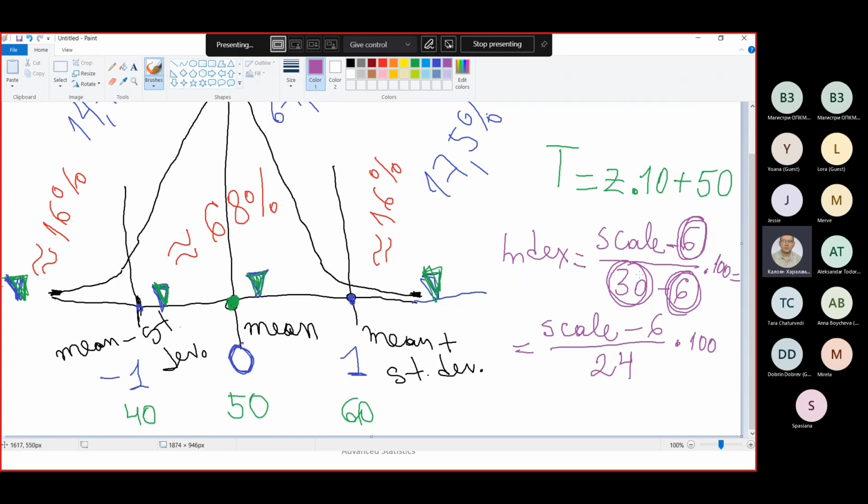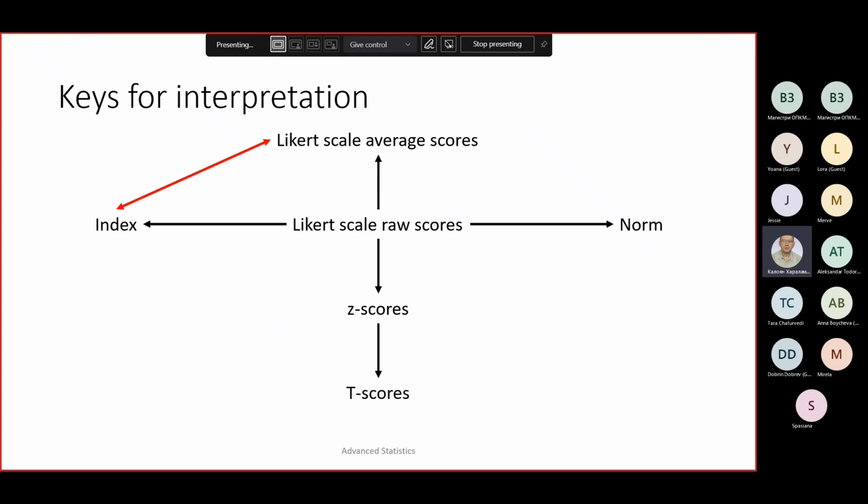That means that we can use these ways. We can use average scores or index for the comparative analysis between different groups. For example, if we use the same questionnaire in Bulgaria or in Germany, for example, we can compare Bulgarian population and German population because